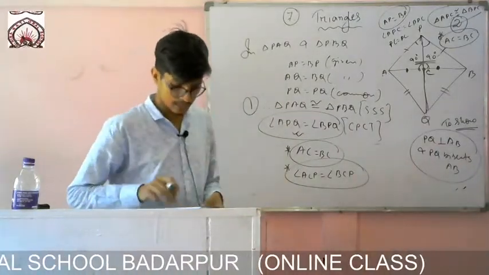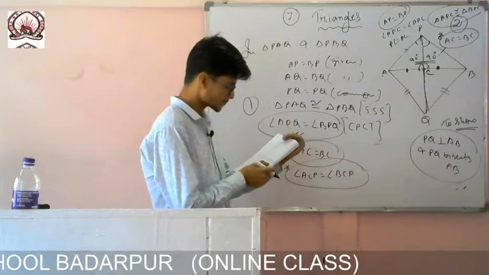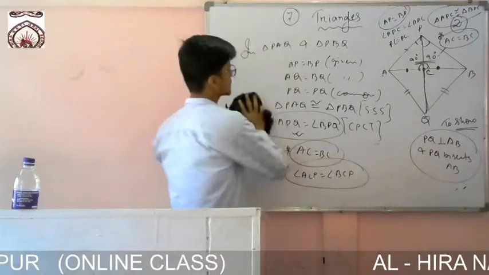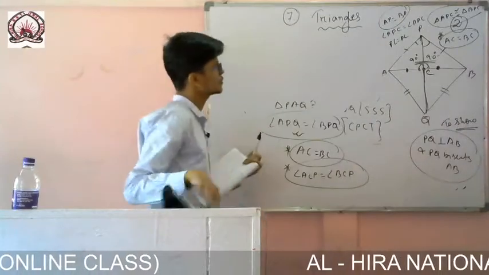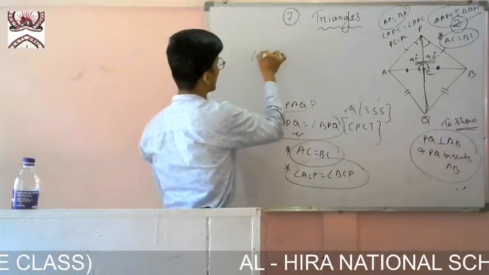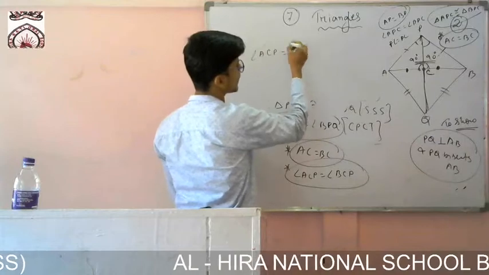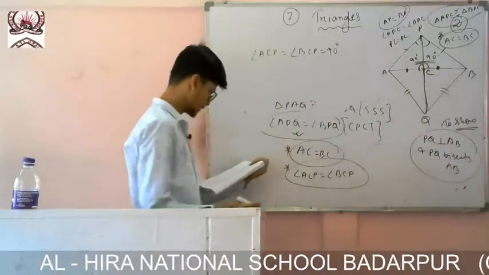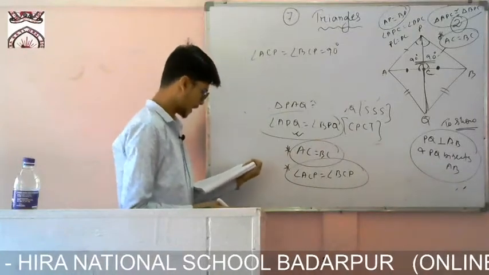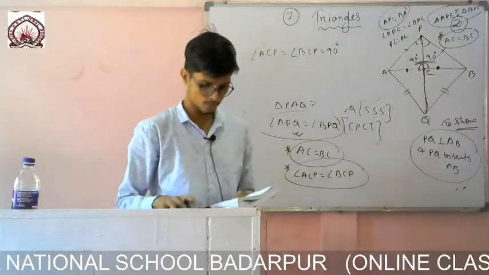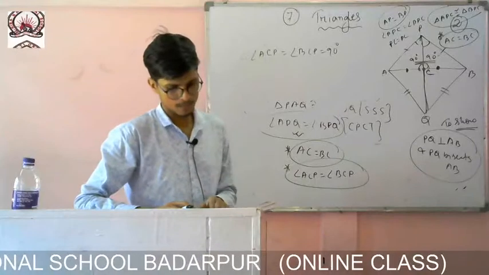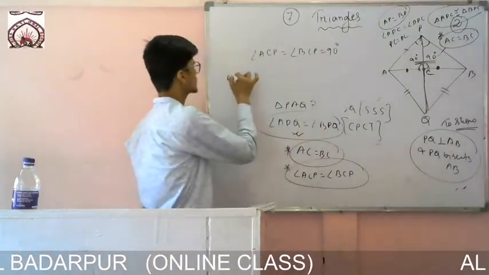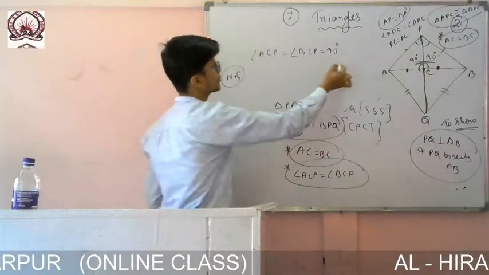So you see the last line, what is given here, that ACP they have proved is 90 degrees. So the last line will be: therefore angle ACP equals angle BCP equals 90 degrees. So you write from 1 and 2, we can write PQ is the perpendicular bisector of AB. So this is the last line. Note is given, that part is not required. Up to there is the answer.